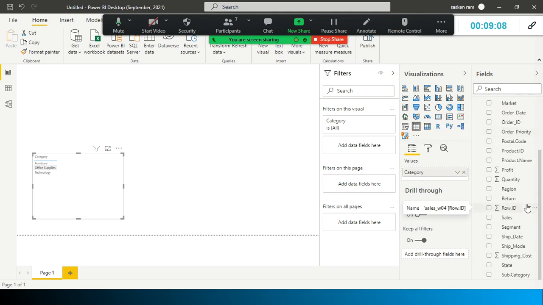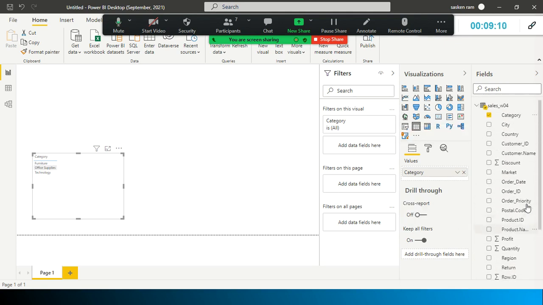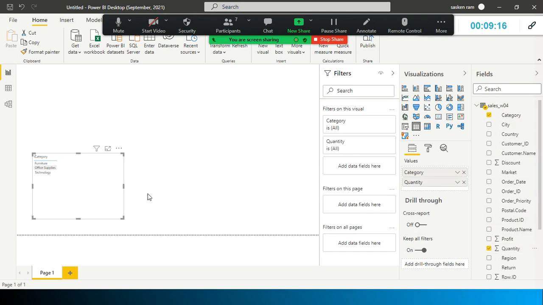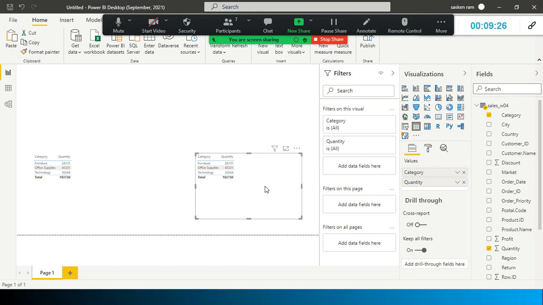Let's use the units sold column. Where is the quantity? It is here. Yeah, units sold. Okay, I'm getting these values. I'll simply copy paste this one here one more time.